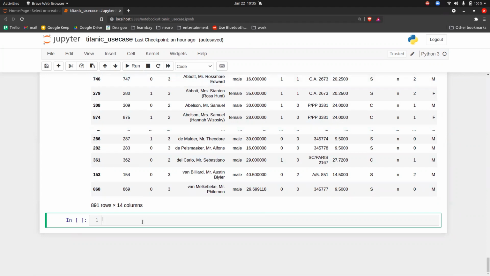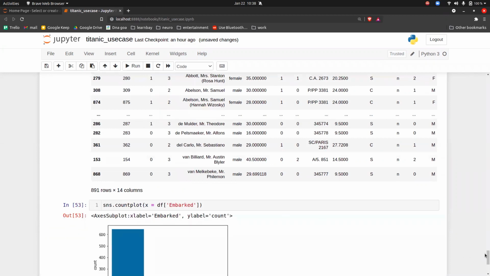Okay, so now let's try to plot some data here. Basically, I want to know at which particular stop we had the maximum number of people. We have a simple answer: sns.countplot, and inside this just put x equal to df of embarked.